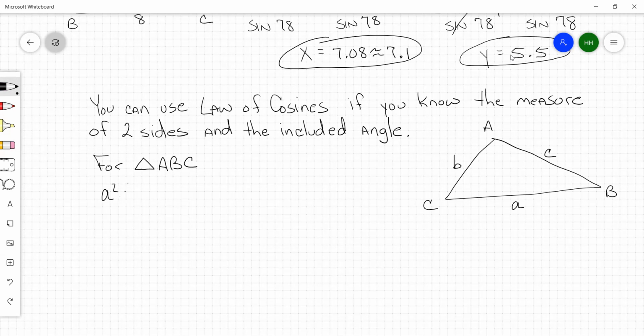Side a squared is equal to side b squared plus side c squared minus 2 times side b times side c times the cosine of angle A. A squared, this side squared, is equal to